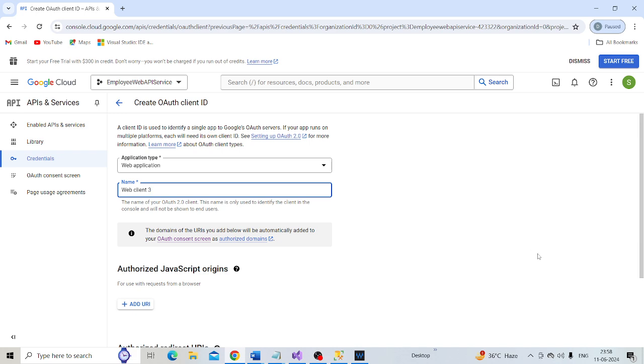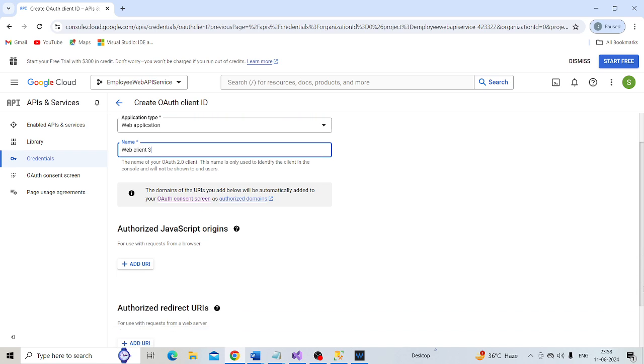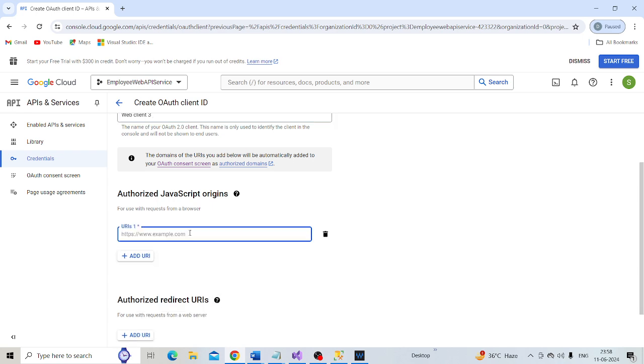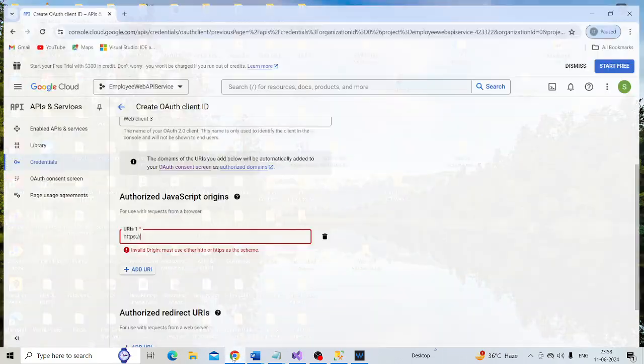Then we need to specify the authorized JavaScript origin. Here you need to scroll down and click this and specify the port number here. Here you have to type http:// and the port number. Where is the port number?